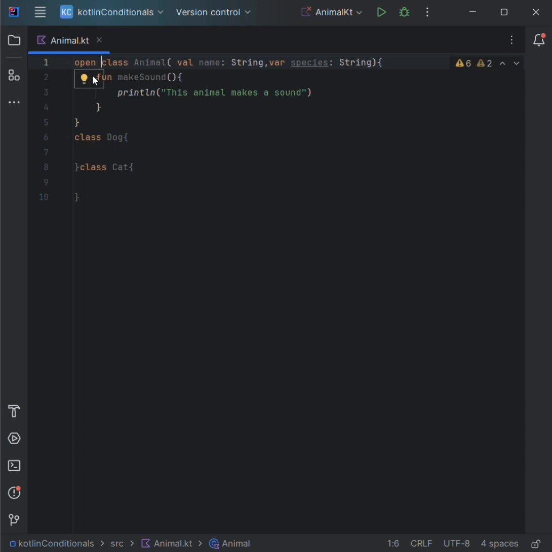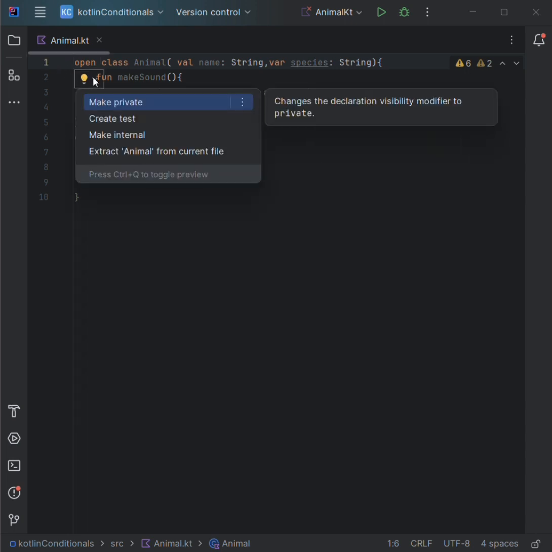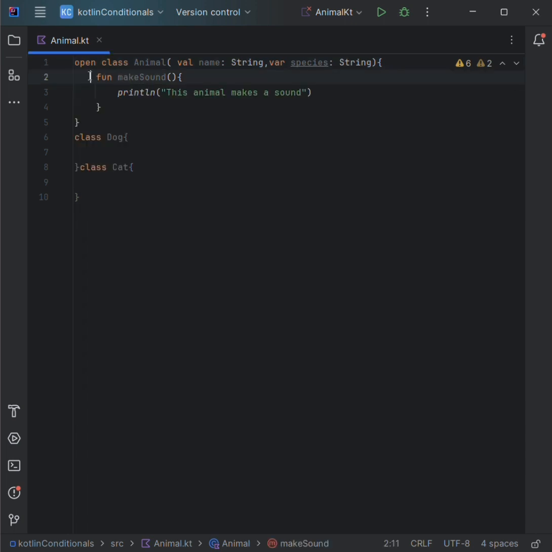Open class and open function. And to specify the inheritance, we use the colon, Animal, then we put the parameters inside the parentheses.